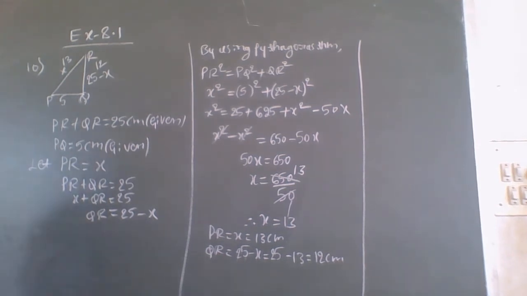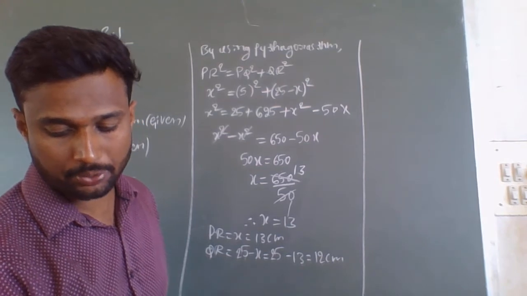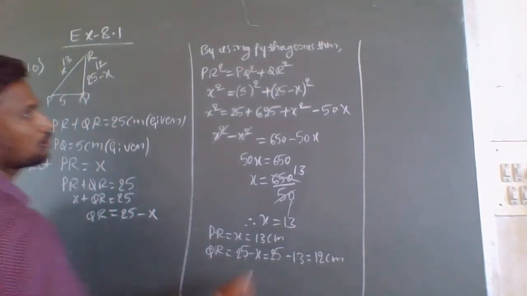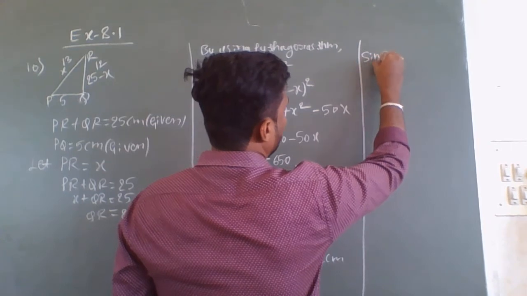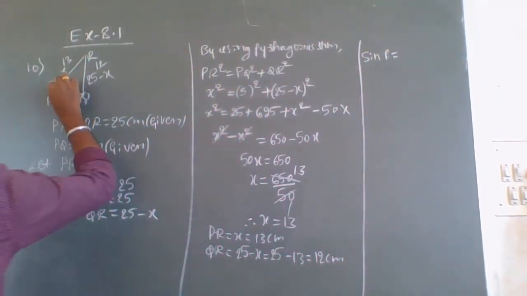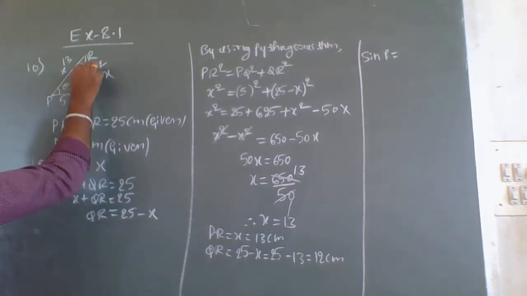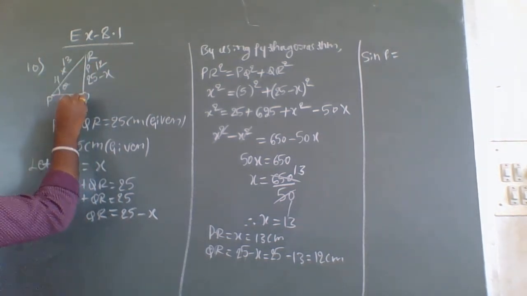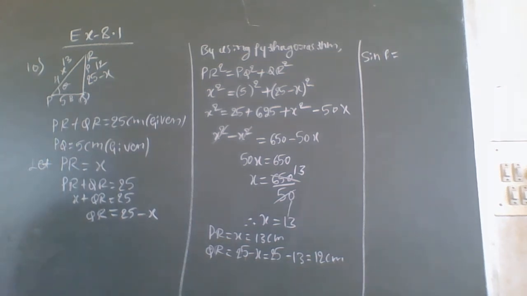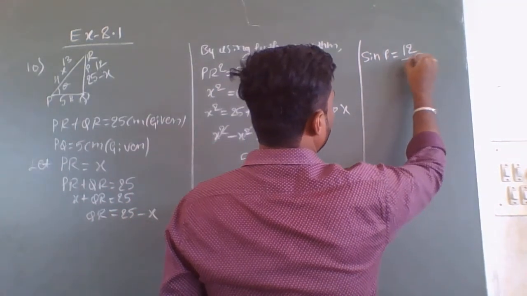So now we have to write what is given in the question. We have to find out the values of sin P, cos P, and tan P. So first we will write sin P. Sin P means theta is given with respect to angle P. So here we know that sin P always equals perpendicular by hypotenuse. Here this is perpendicular, this is hypotenuse, this is base. So perpendicular by hypotenuse, we will get 12 by 13. So sin P equals 12 by 13.